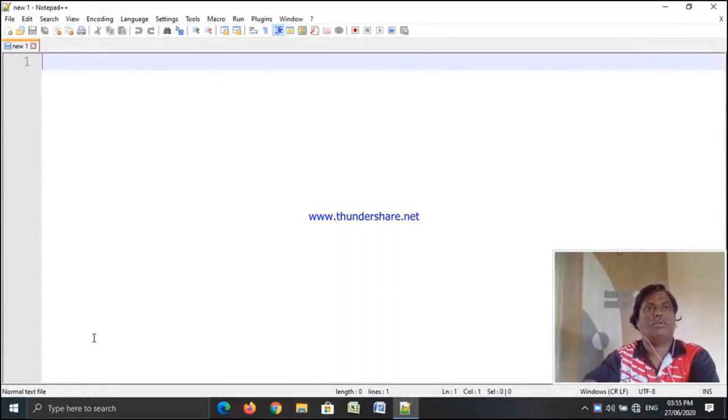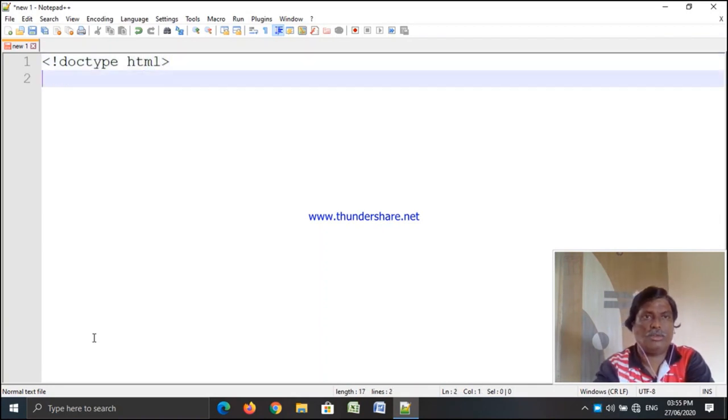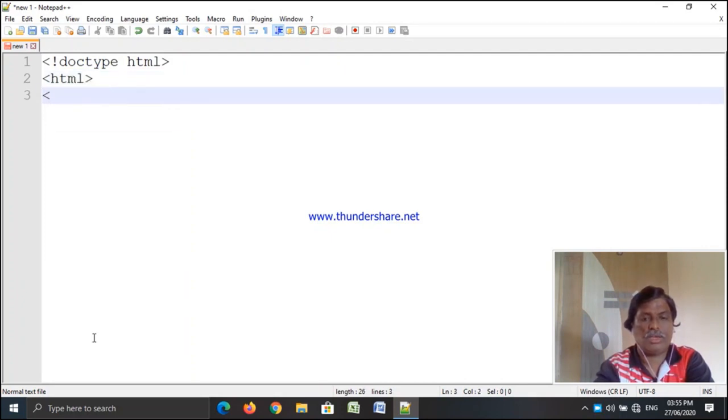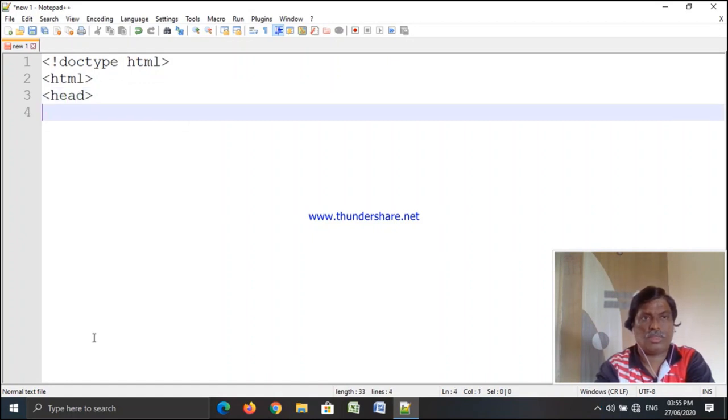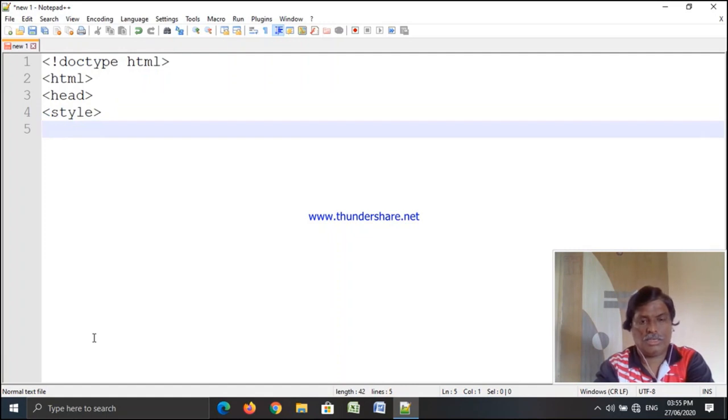Now we will see the program on ID selector. For that, type exclamation sign doctype HTML, then HTML tag, head tag, style tag, ID selector having the name para1.